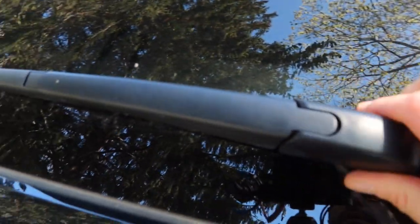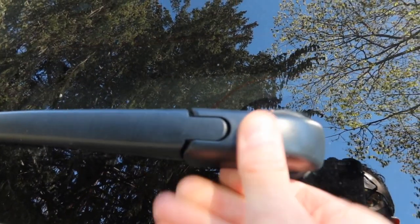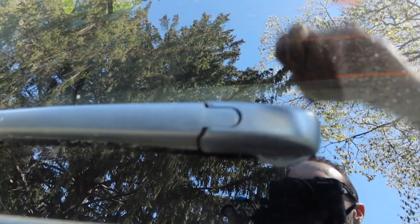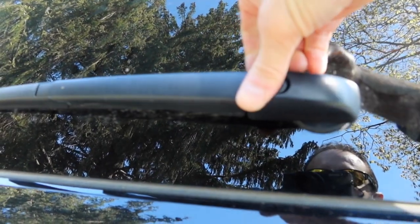Let's go ahead and open up the trunk. Oh, before we go through this, this thing here is totally annoying. In case you want to open it, what you have to do is apply a little pressure right there to open this up more. And let's go ahead and do that. But it is a pain